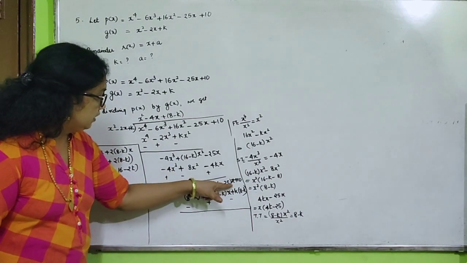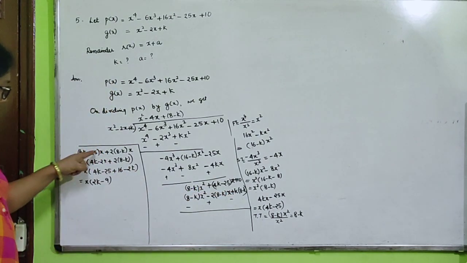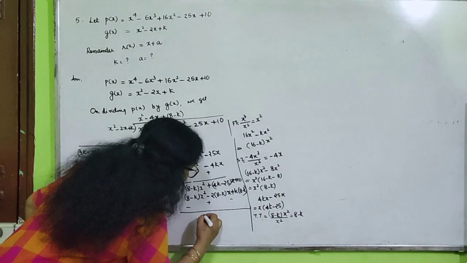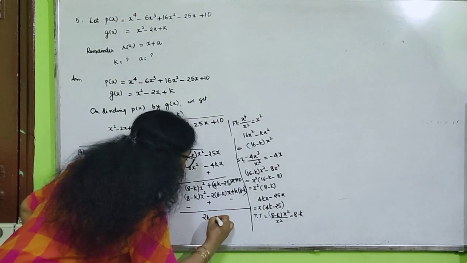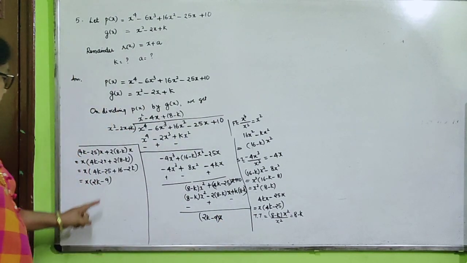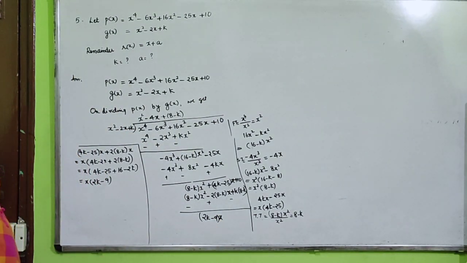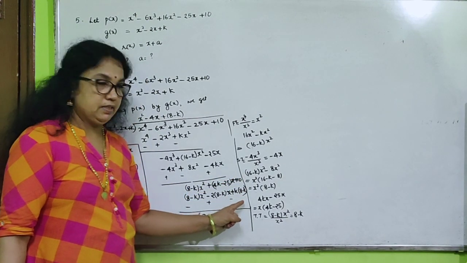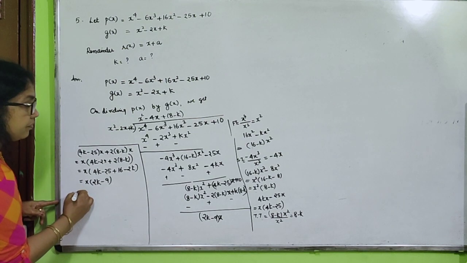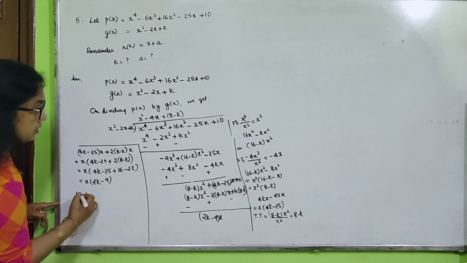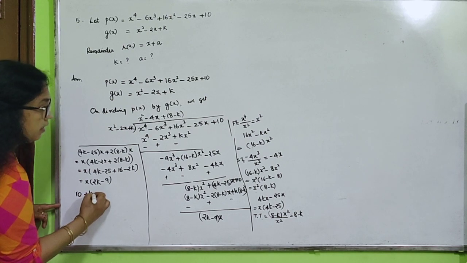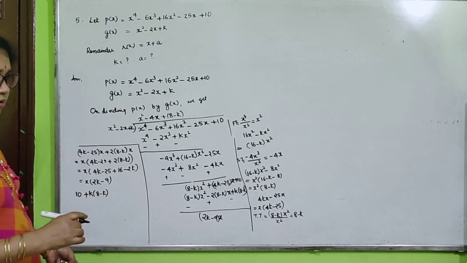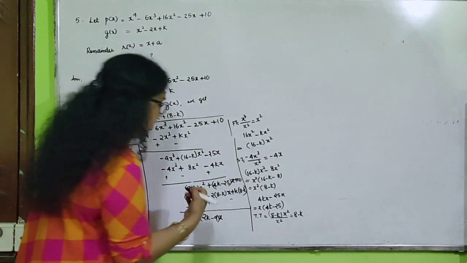Plus, plus, then this term, plus this term. Then I simplify, and that value only you would write. So 2k minus 9 into x. We got 2k minus 9. Next what do you do? Simplify the last constant term. 10 and here k into 8 minus k. So how will you write it? 10 plus k into 8 minus k. Directly you can also write 8k minus k square, otherwise directly also you can write. That is the constant term only.